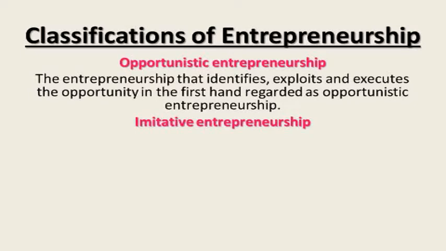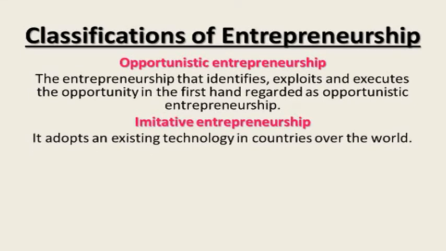Another nature or classification of entrepreneurship is imitative entrepreneurship. They'll find something you are doing and they'll carry it along and reach a wider market for that product, or they diversify on the market for what you have just offered. It adopts an existing technology from countries over the world. You could be serving a small group of people using your idea. Somebody else comes, takes the idea and diversifies it and reaches more people. So that is imitating the nature of business that is existing, and then making it reach many people. That's what we are calling imitative entrepreneurship.